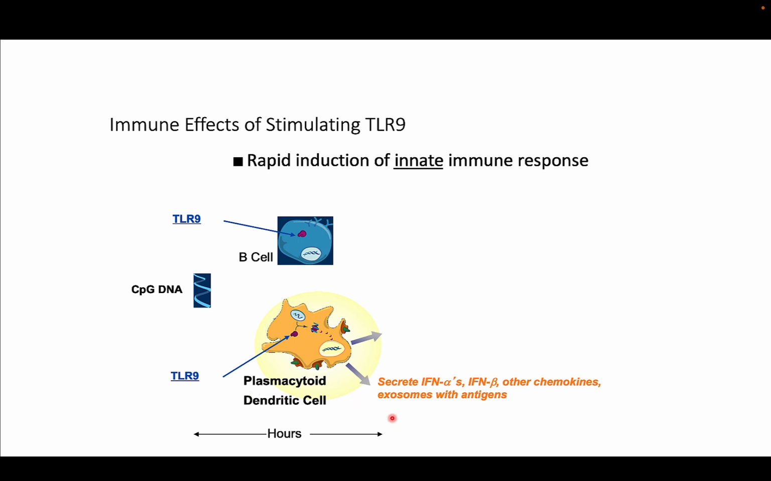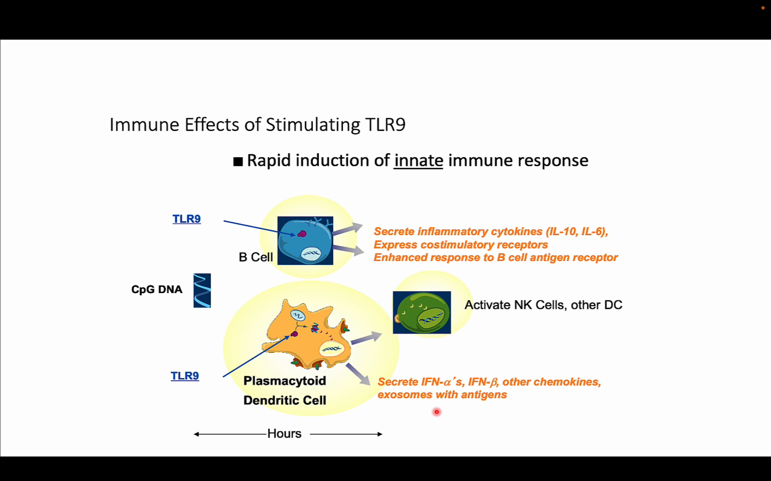The plasmacytoid dendritic cells are the main cells that produce the type 1 interferons, especially interferon alpha, and we'll come back to that. They also can secrete exosomes containing antigens that they have taken up around them. And then downstream from that, the plasmacytoid dendritic cells secondarily activate other cell types, including natural killer cells and other classes of dendritic cells. B cells secrete inflammatory cytokines and also express co-stimulatory receptors that makes it easier to activate them